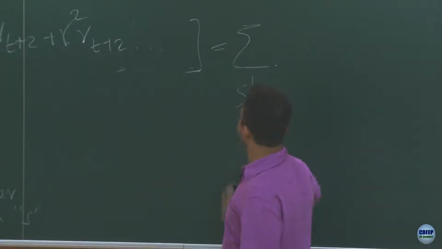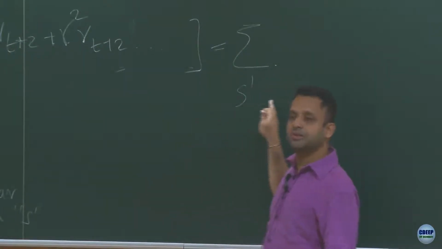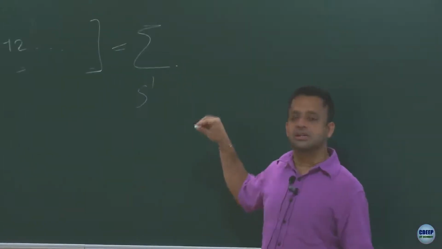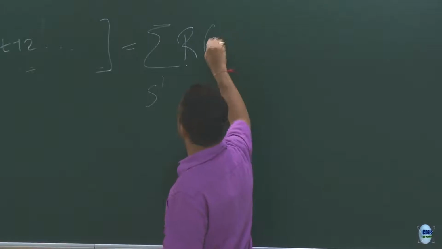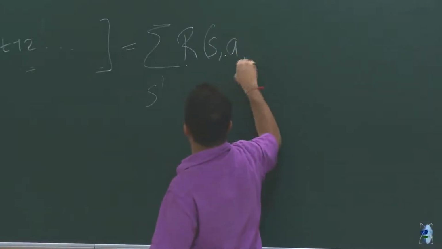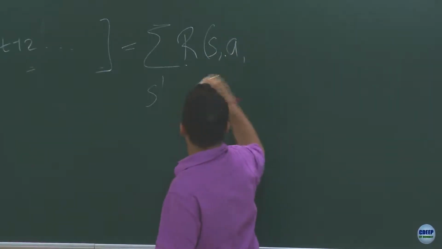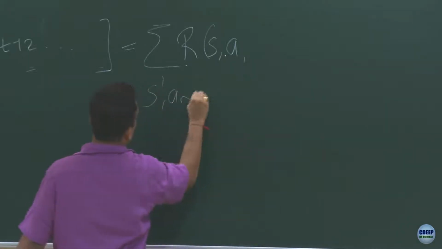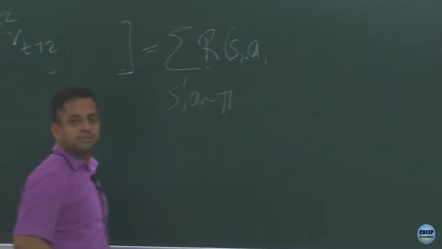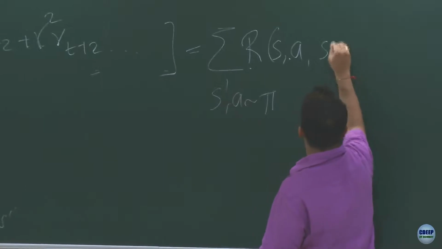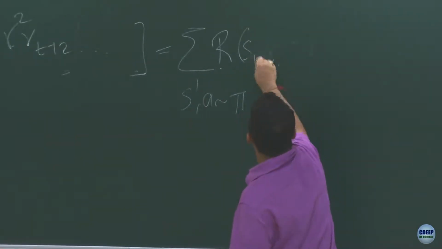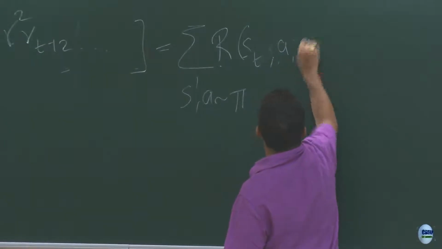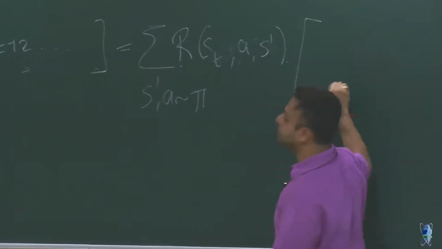So S prime, summation over S prime of reward that you have for going from S using some action A, where A is coming as per the policy, to S, let's call ST, A S prime into